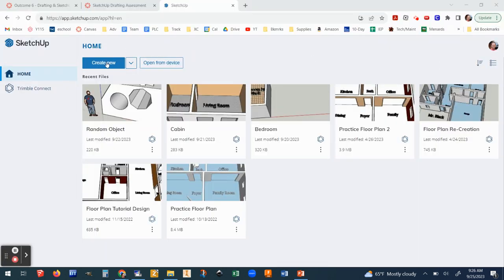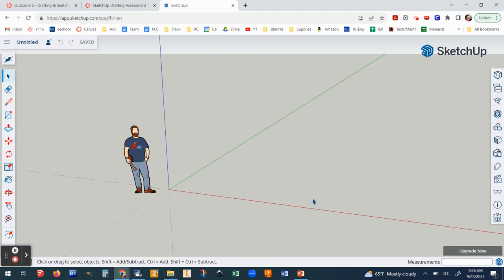So let's go ahead and create new. You should be logged into SketchUp. And I'm doing this from my design dashboard, so you can see some of the older things that I've done. We have Ty there just to give us some size perspective. But as usual, we're going to start with a floor plan,